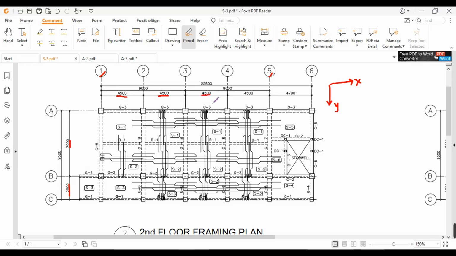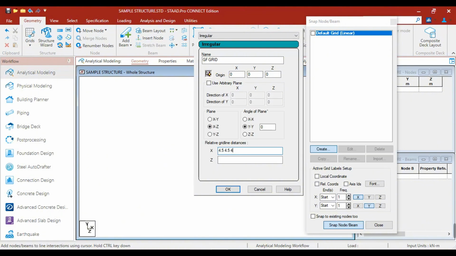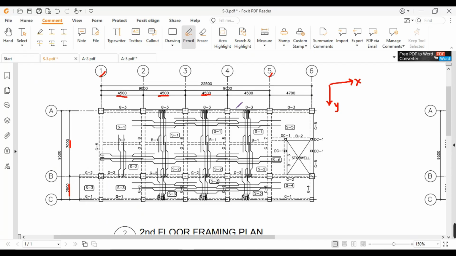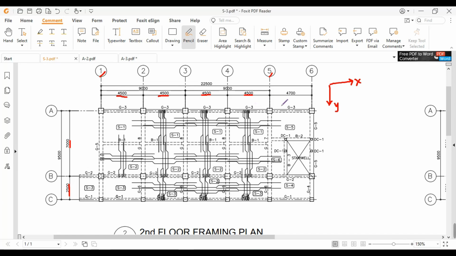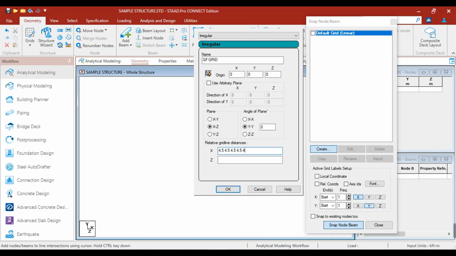Distance from 3 to 4 is 4.5. Space bar. Distance from 4 to 5 is 4.5. Space bar. And lastly, the distance for grid 5 to 6 is 4.7. So these are the different grid line distances along X.